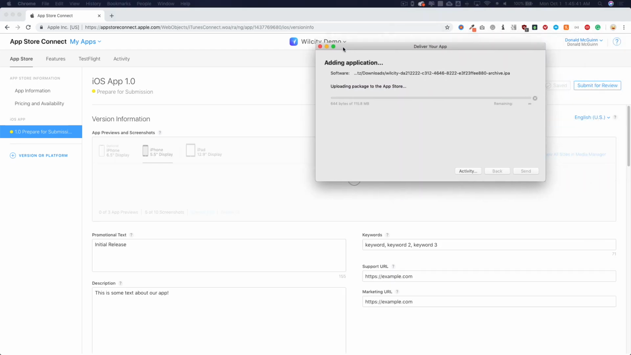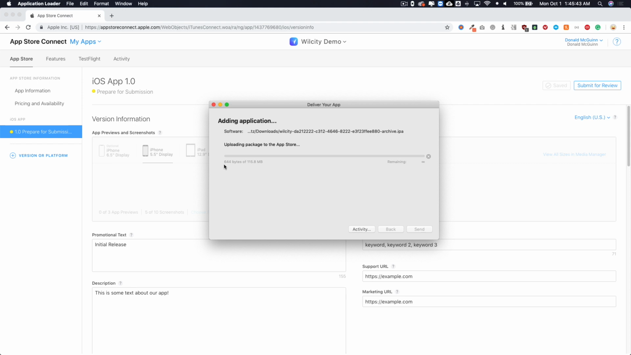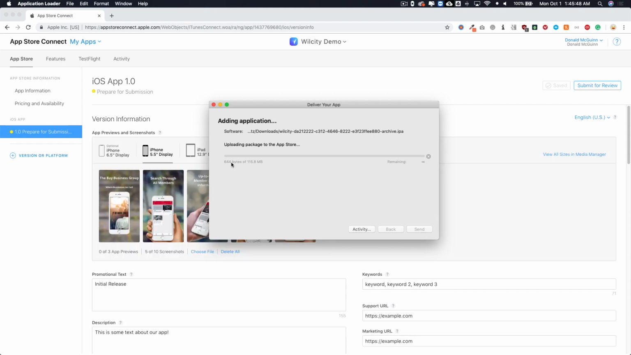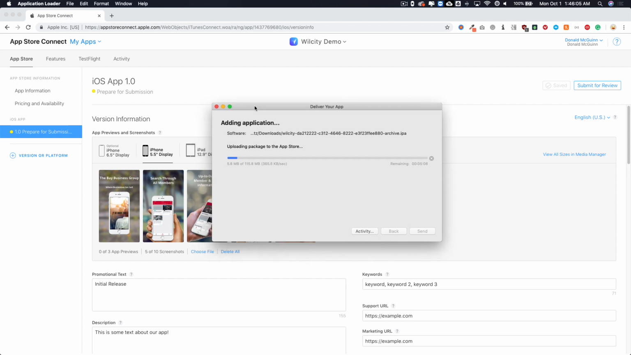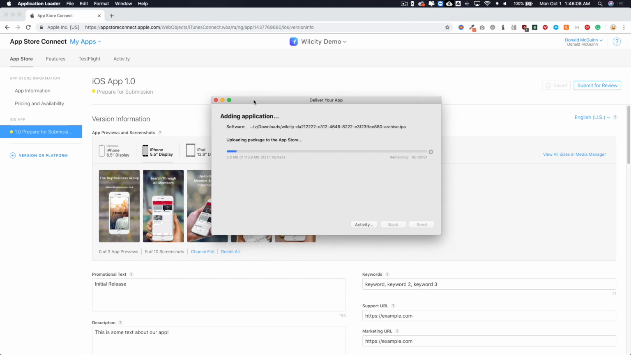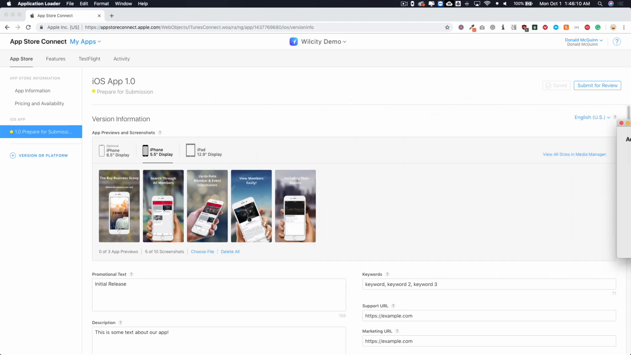Now let's go back to our adding application. So right now we have uploaded 644 bytes out of 115 megabytes. So once this is completely uploaded, it's going to give us confirmation, and then maybe about an hour or two later, you'll receive confirmation saying, hey, your application is ready in the Apple Connect store. So go ahead and do it then. So once we have that uploaded, we'll go ahead and add it to this app, and we'll continue with the tutorial. Now that our apps have been